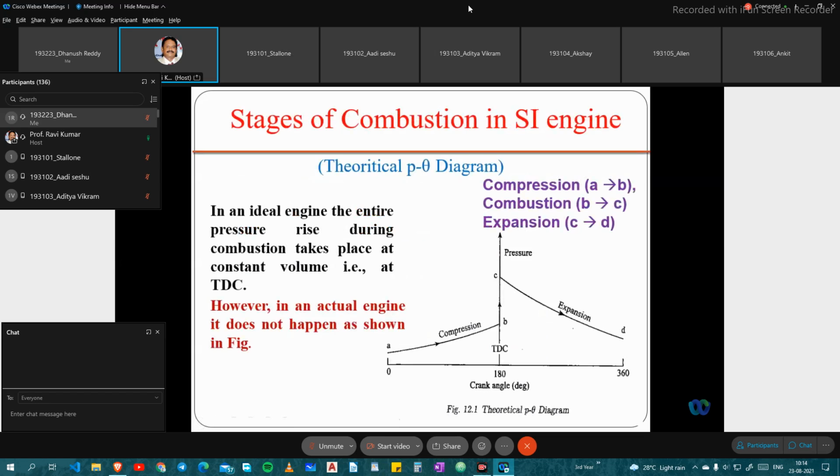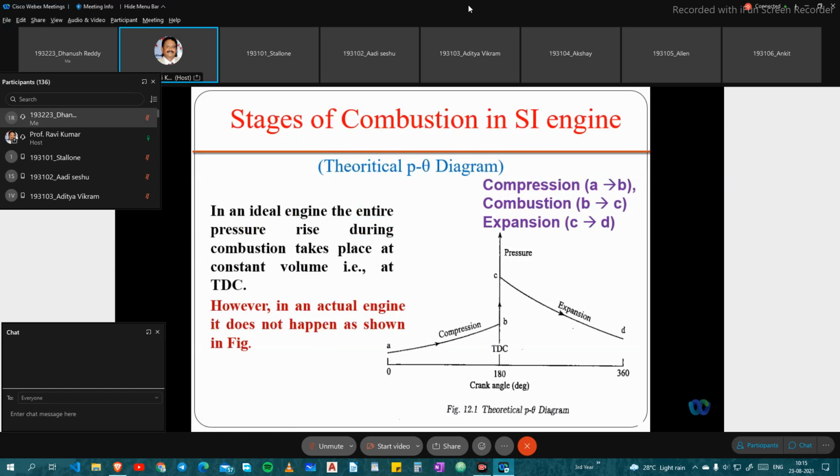And they have stages of combustion. This is a very important factor of a theoretical P theta diagram: compression, combustion, expansion, you can see it. Whenever you have one cyclic process, the crankshaft is rotating from TDC position to BDC position. Two marks will be given by the manufacturers on the crankshaft. One is the TDC position of the piston, and another one, exactly half of it, is the BDC position. The crankshaft will rotate through 360 degrees; half will be 180 degrees and full will be 360 degrees.